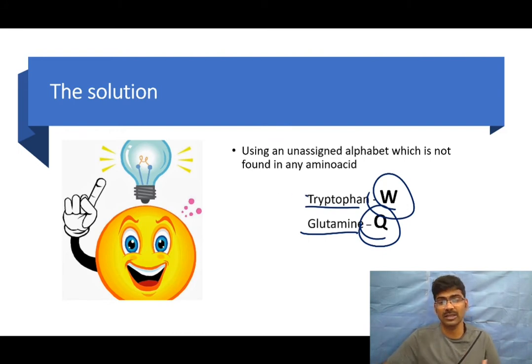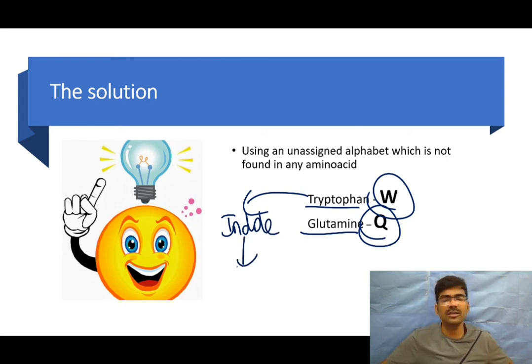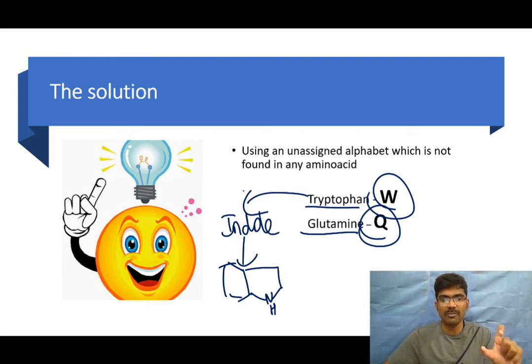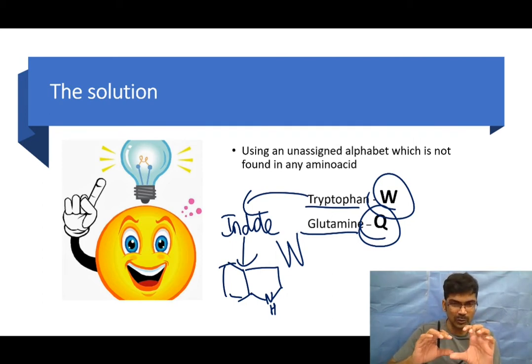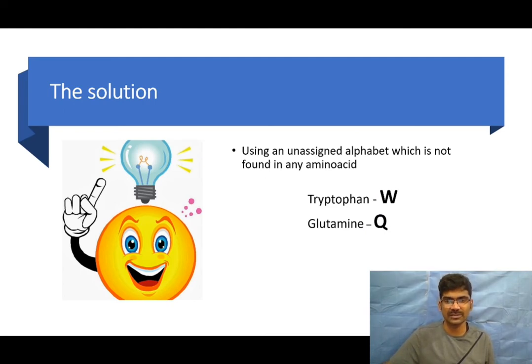So for remembering, people say tryptophan has an indole ring. Indole is nothing but 2,3 benzpyrrole, something like this. So this has a double ring. So remember W. That's why they have given W. That's how people use this trick to remember that. Okay, remember this. So W is for tryptophan,